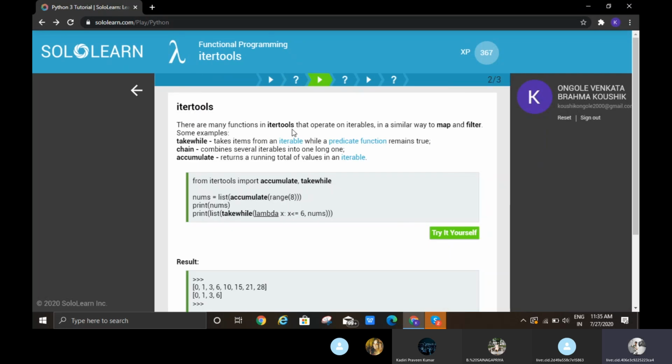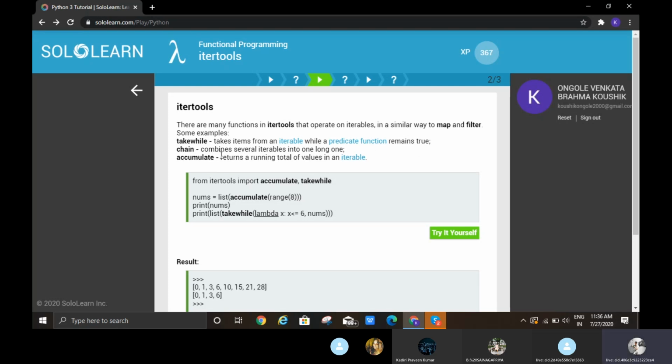There are many functions in itertools that operate on iterables in a similar way to map and filter. Some examples are takewhile, chain, accumulate. Takewhile takes items from an iterable while a predicate function remains true.